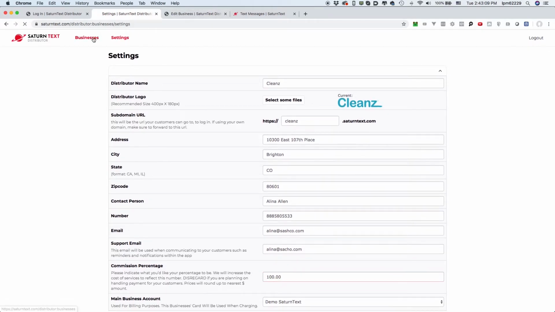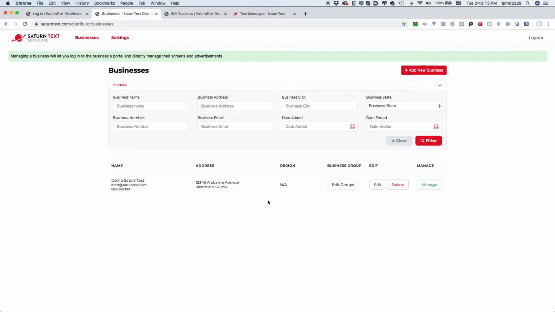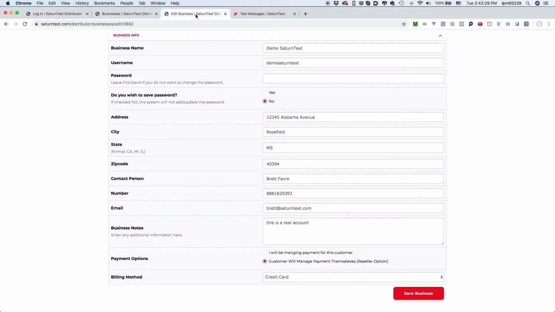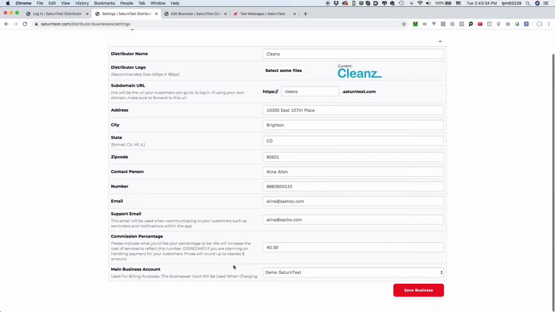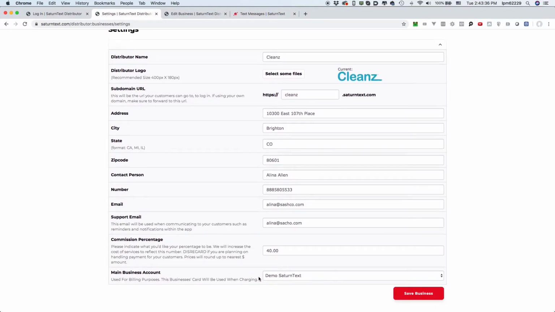So when you go to your businesses page right here, this is where you can create additional businesses. If you get a lot of businesses listed, you can also quickly search through them. I only have one business listed, my demo SaturnText account, and this is going to be treated as my main business. So I would log into this, I would add my credit card details into this, and that's where it will specify where I want to bill to,